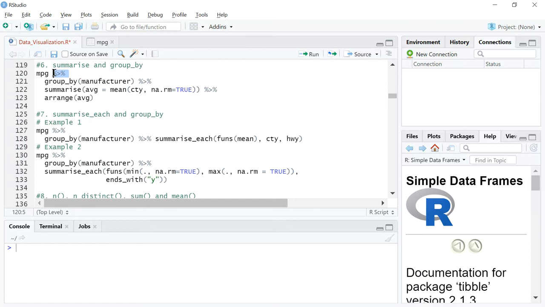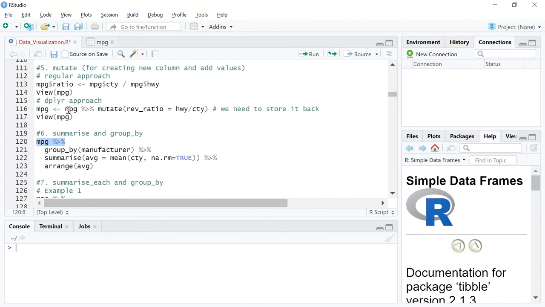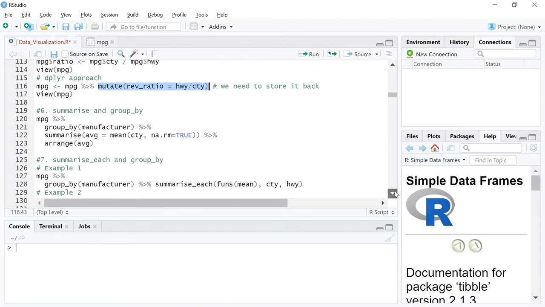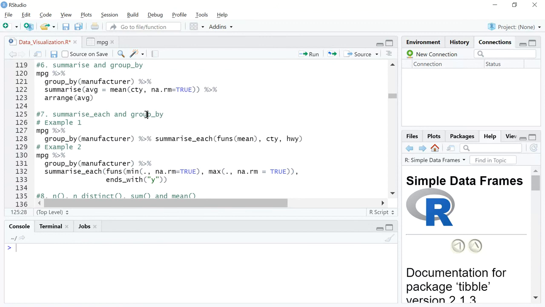In the previous video, we also looked at the chaining or the pipeline function, which is a percentage sign followed by a greater than sign followed by a percentage sign, right? So this helps us in sequencing our lines of code so that it's easy to understand, easy to remember, and easy to code, right? I'll just quickly give you a recap of what we had done previously. We had just called out the data set, and then we had put a pipe function, and then we had put the mutate function, right? So this is what we'll continue to do using the summarize function as well.